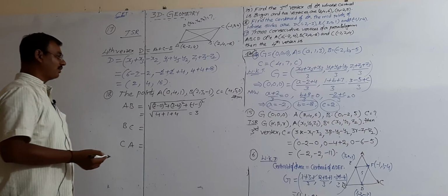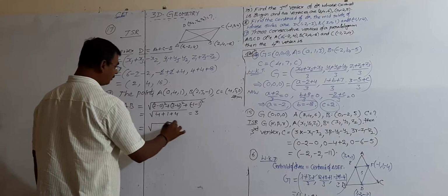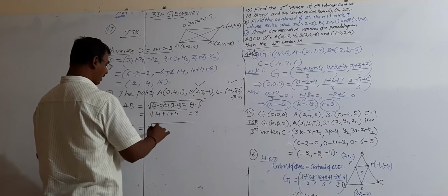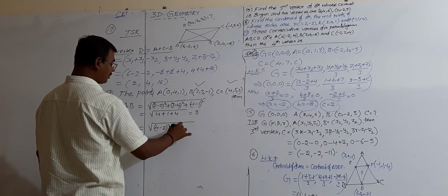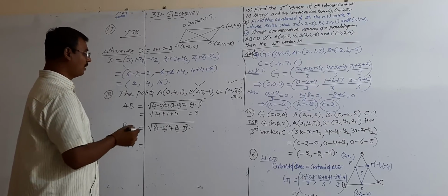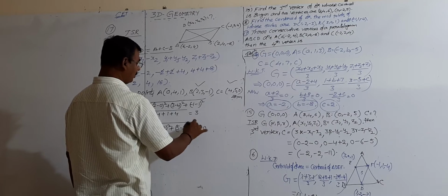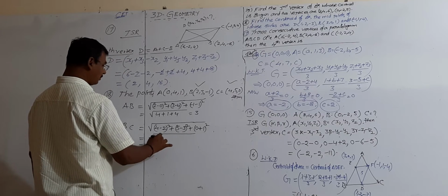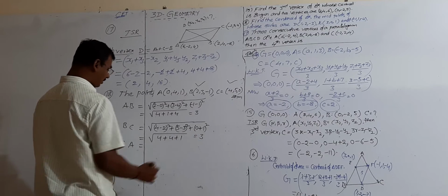Square root of 9 is equal to 3. Next, BC distance: square root of, don't confuse here, B and C means these 2 points we take. 4 minus 2 whole square plus 5 minus 3 whole square. Carefully do in exam, without tension, with a cool mind we always have to finish. Plus 0 minus 1 minus of minus plus 1 whole square is equal to square root of 4 plus 4 plus 1. Again it becomes square root of 9, 3.